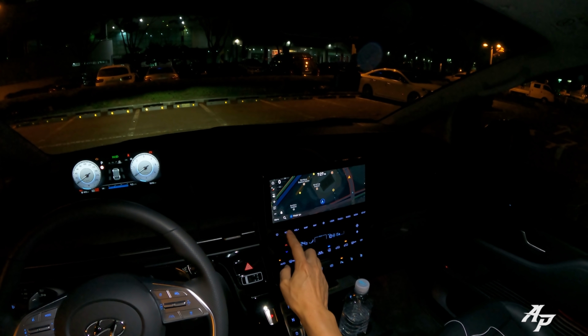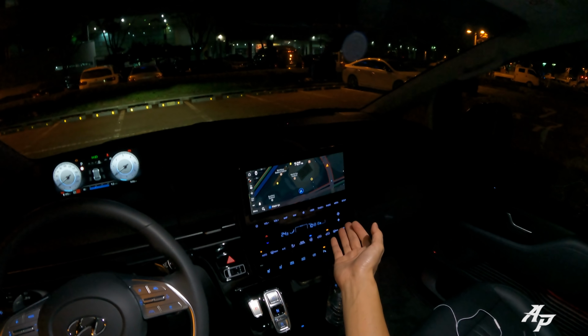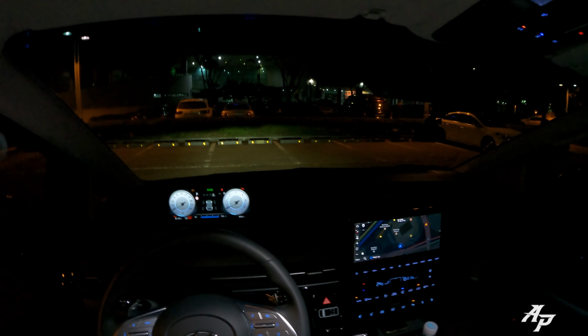Everything looks pretty good. Great navigation. Like I told you, really wish we had a little bit more physical buttons and dials, but it's a great map. Stereo system. So I think I showed you everything about the car, so why don't we go out and enjoy a short night drive. Okay,